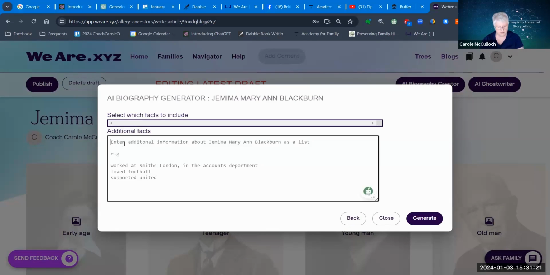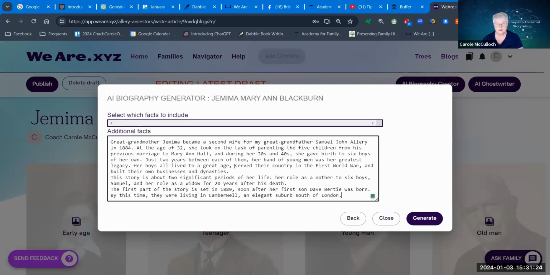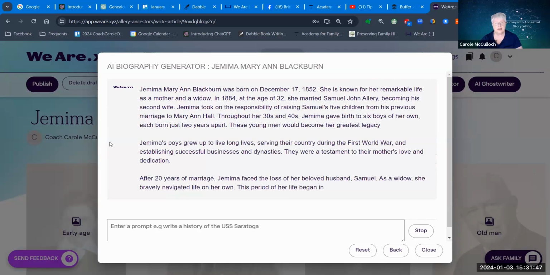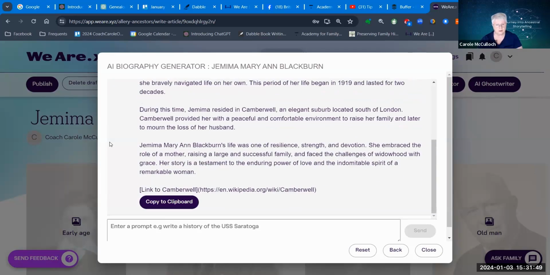So I'll just paste in those extra facts here from some stories that I've been writing about my great-grandmother, and then I'll ask it to generate it. It works a little bit like ChatGPT in that it gives you a narrative based on the facts for that particular person. And it even gives you links to relevant pages in Wikipedia. In this case, a link to the suburb where my great-grandmother lived. Then I can copy all of that to the clipboard,